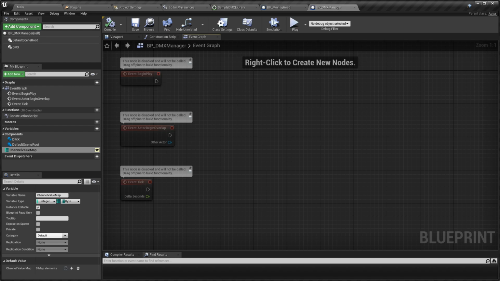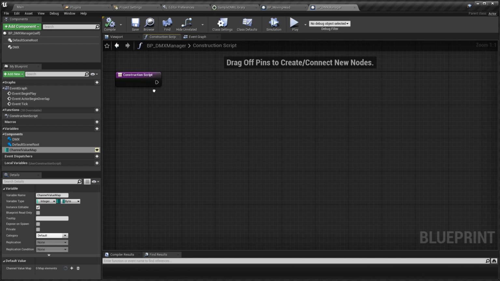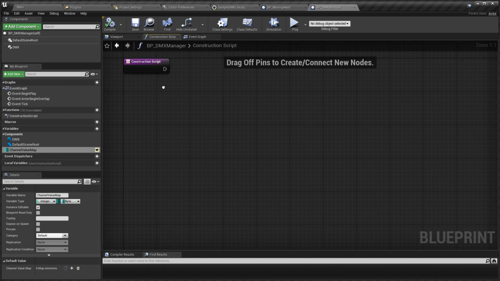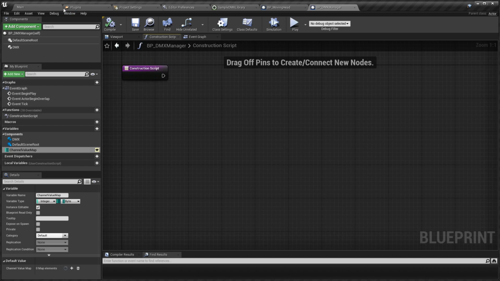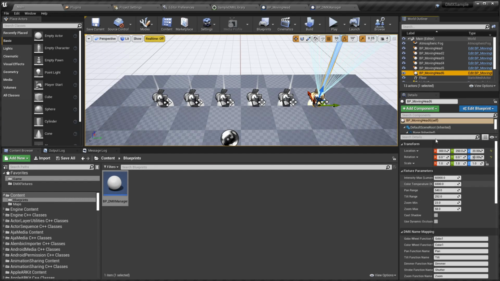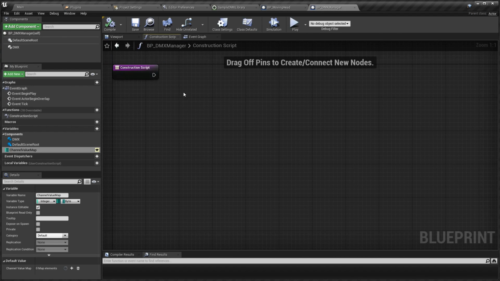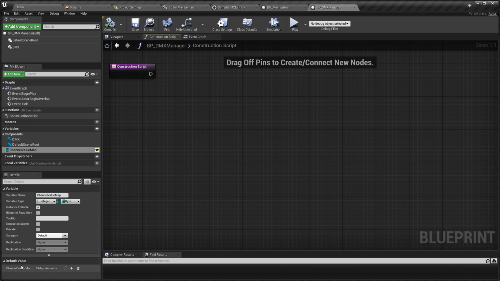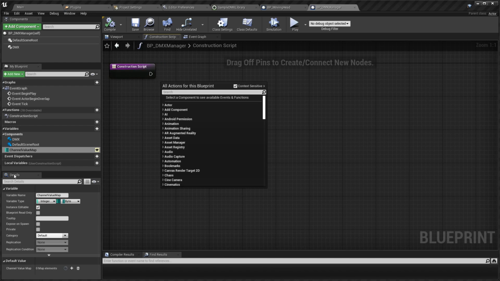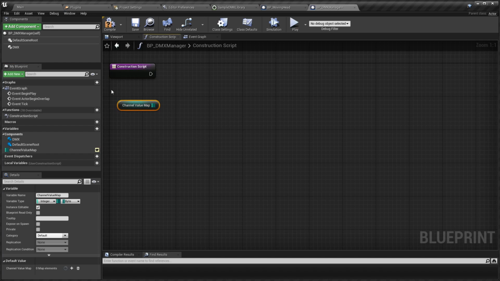So to do that, we are going to head over to the construction script. This is a special script that runs every time a property changes in the main editor window. This could be movement, it could really be any property whatsoever, a script is going to run. So this is just temporary, but it will let us auto-generate some useful properties that we can then stick in the default value here. So we will grab our new channel value map with a get,